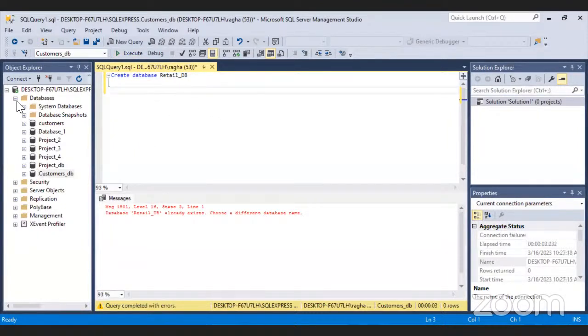Okay, so it's created. It's basically taking a little bit of time to load.